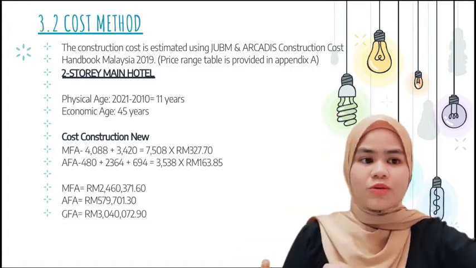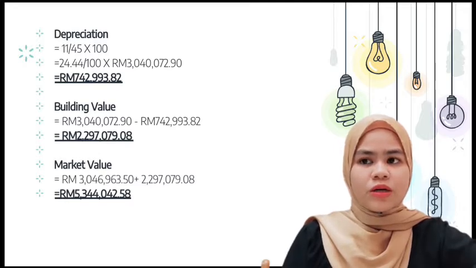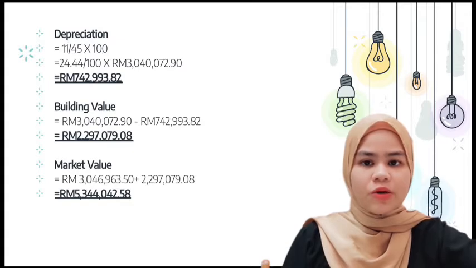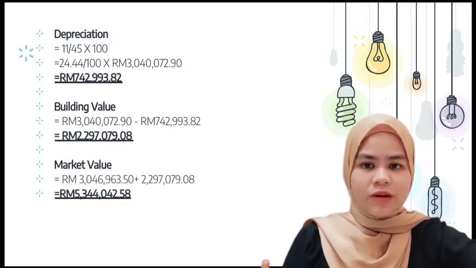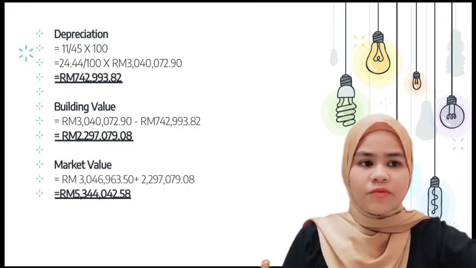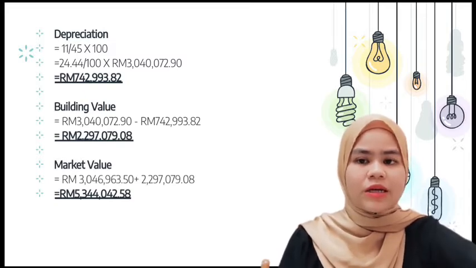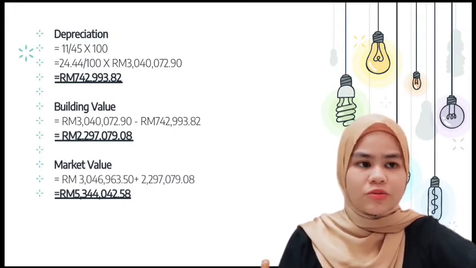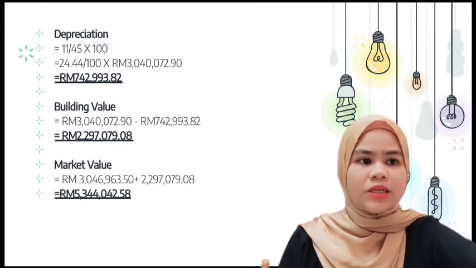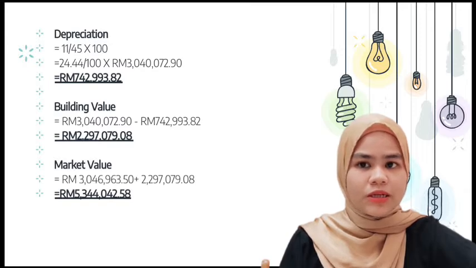To get the depreciation, we have to divide the physical age by the economic age, which is 11 divided by 45 years, and multiply with 100 to get the percentage of depreciation. So I get 24.44 divided by 100 and multiply with 3,040,072 ringgit 90 cents, and I get 742,993 ringgit 82 cents. So the building value is cost construction new less depreciation, so 3,040,072 ringgit 90 cents less 742,993 ringgit 82 cents, and I get